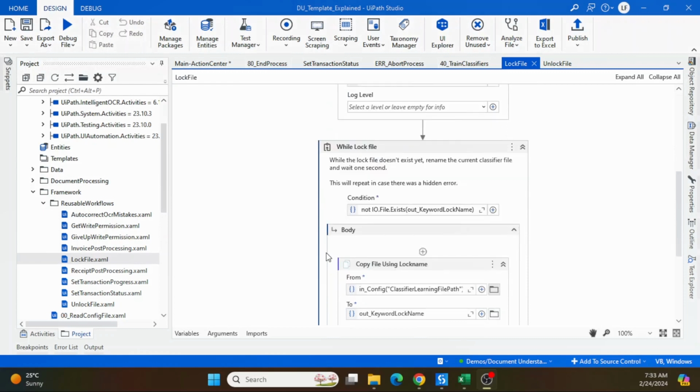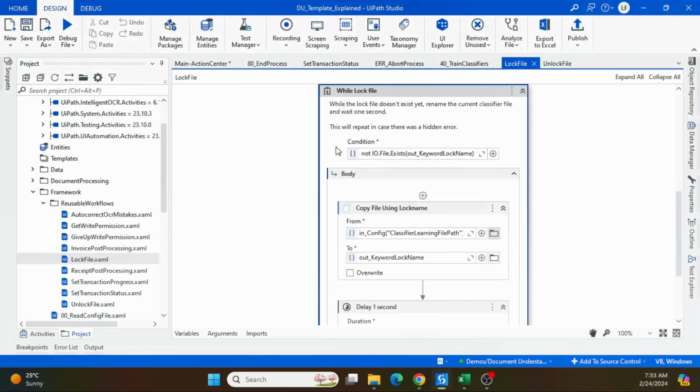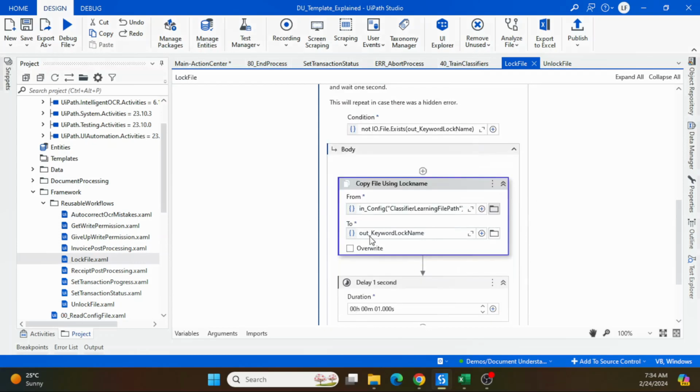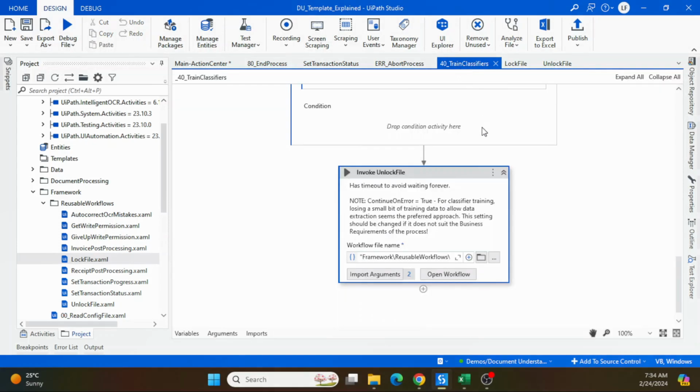And inside this, we have this while loop. It will copy this file into that new location. So basically what happens is it's more like a renaming of that file. So you can see here, rename the current classifier file and wait for a second. So that's how they lock it. So once you rename it, you get that output, the new file path, and then you use it